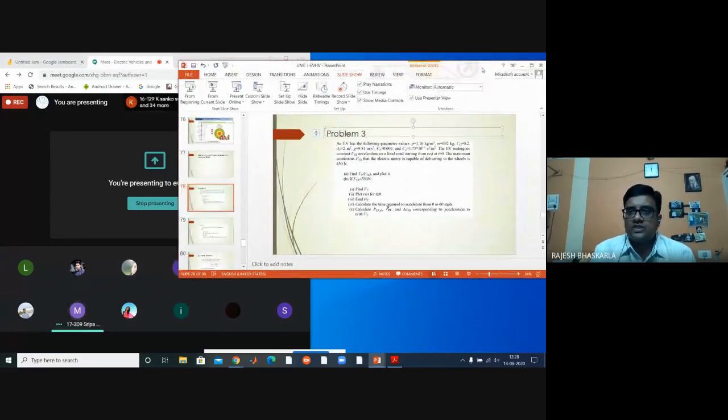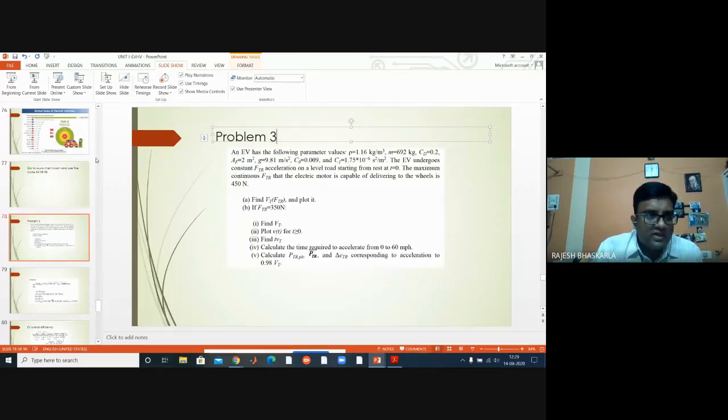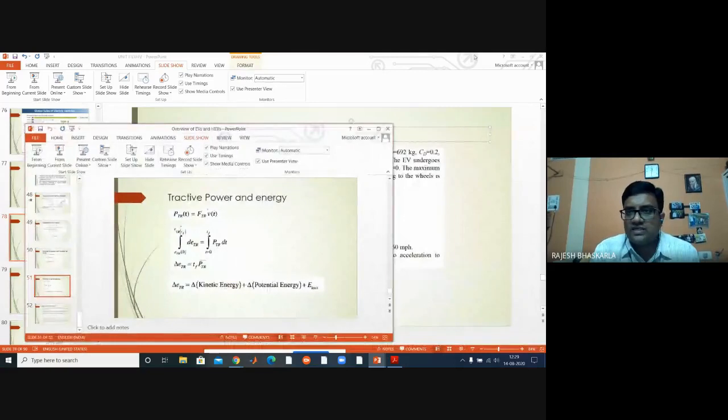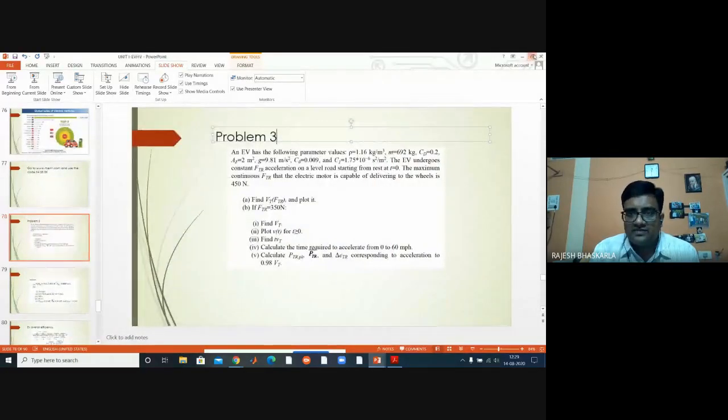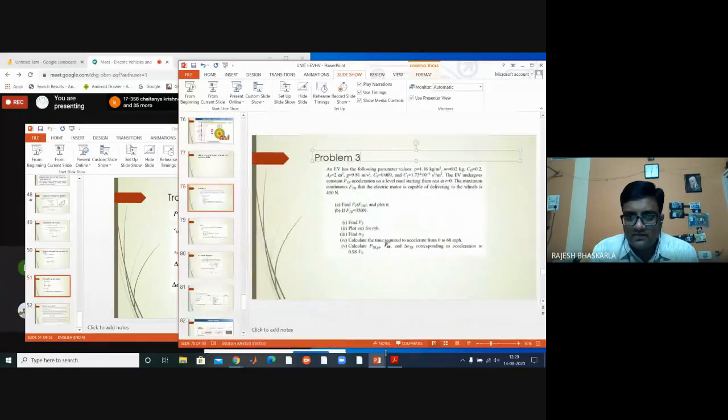I'm not going to solve this problem, but I'll tell you how to solve this problem. In the next class, I'll see if you got the correct answers or not, then I'll discuss. Now I'm going to show you all the equations that are required to solve this problem. So here, first of all, we have to find VT. We have already discussed it in the previous presentation itself. I'll put them side by side, so that you can understand with respect to this problem how to solve this.